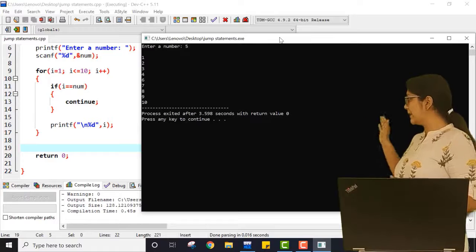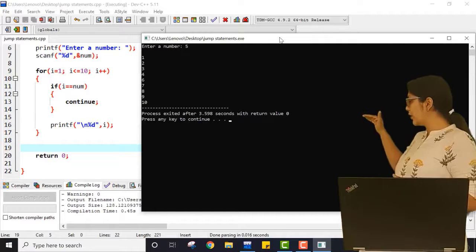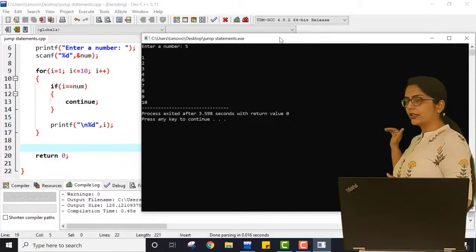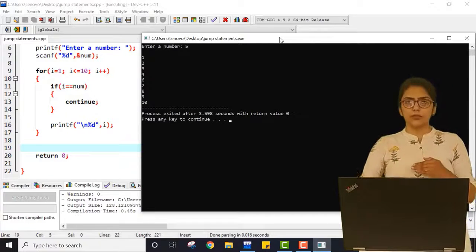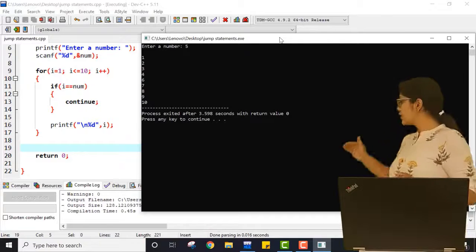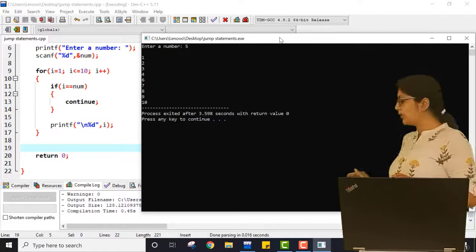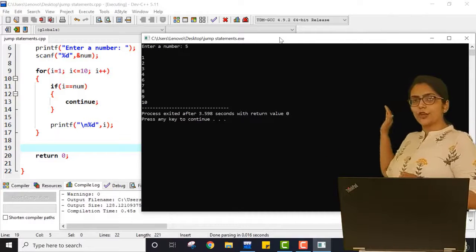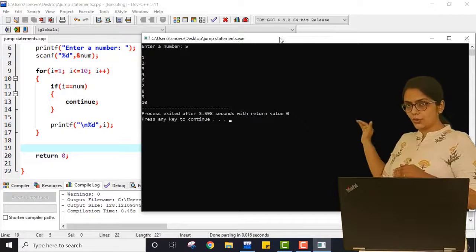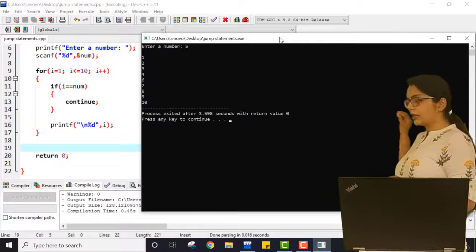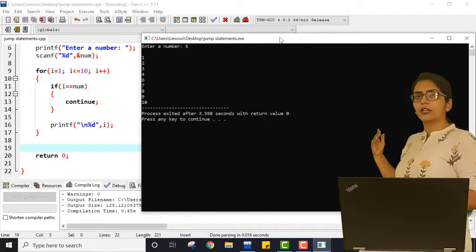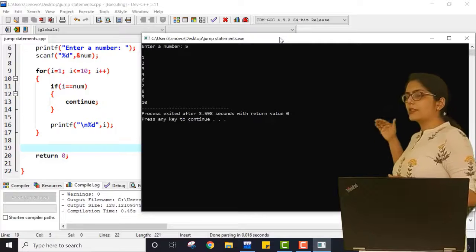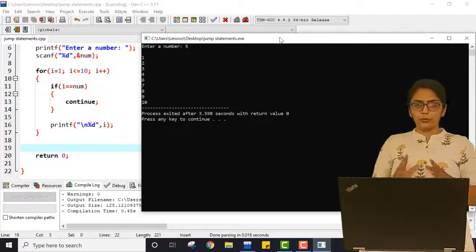So the decision making statement returns true. So the control will go inside the decision making statement if, inside that I have written continue. That means I just want to skip the rest of the iteration, the current iteration. So it will not print 5 and it will increment the value of I directly to 6, and now the condition is checked for 6. If the condition is true, then again it will not execute the current iteration, but here the condition is false, so that's why it will just print 6, 7, 8, 9, 10 up to 10.